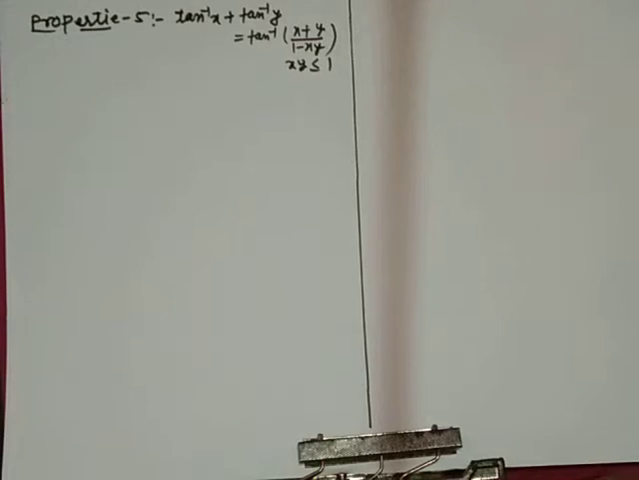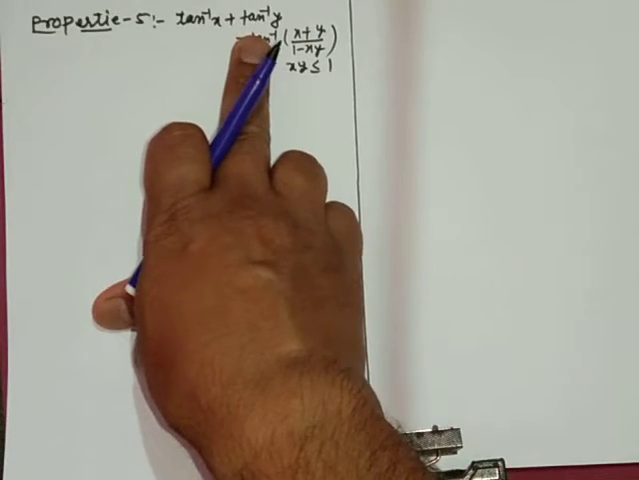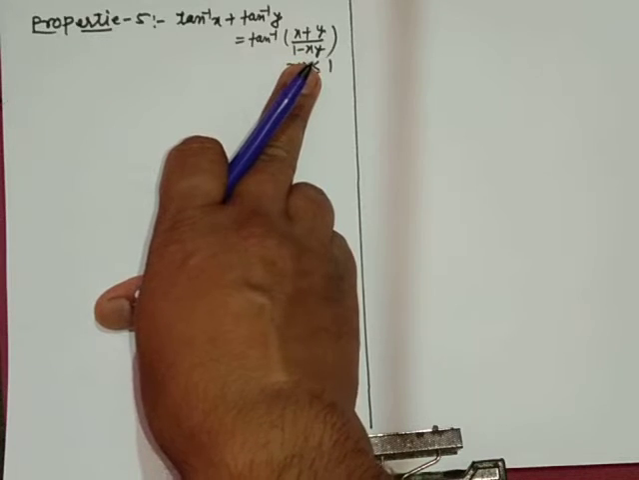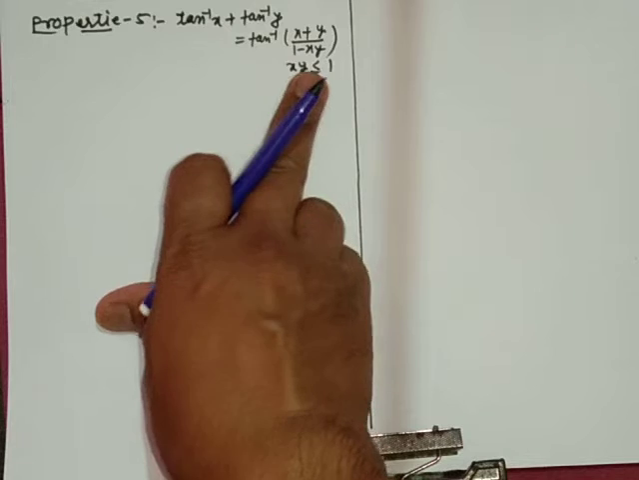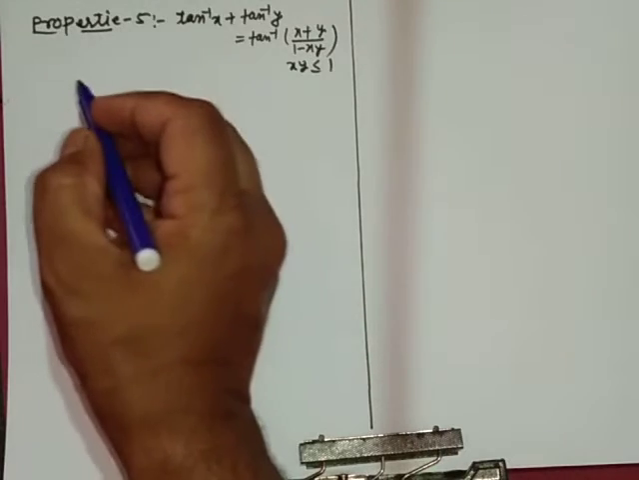Friends, now we will discuss another property of ITF, inverse trigonometric functions. In this property we have tan inverse x plus tan inverse y is equal to tan inverse of (x plus y) upon (1 minus xy), when x is less than or equal to 1. Clear? Okay, to prove that we are